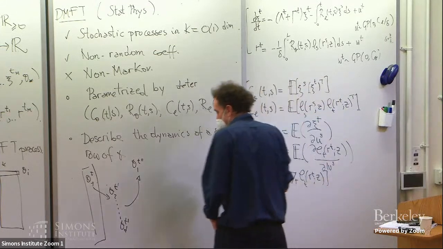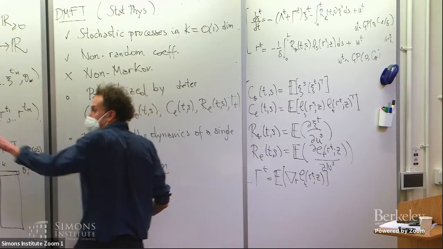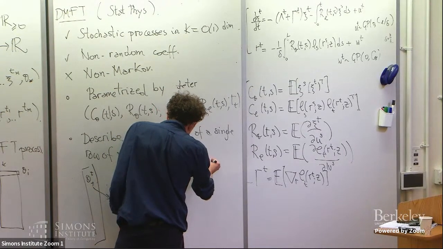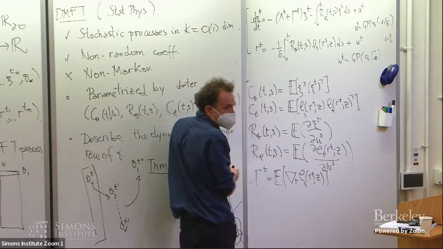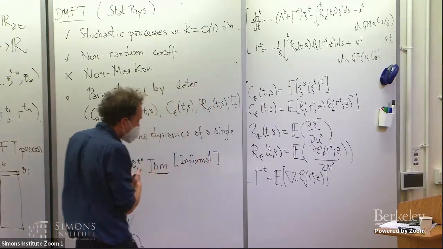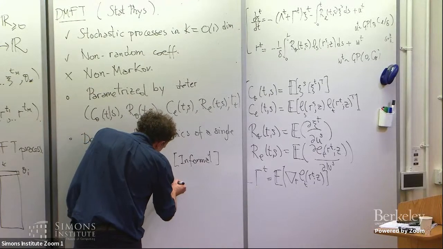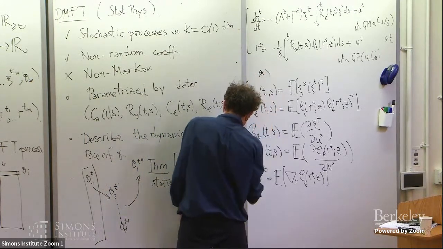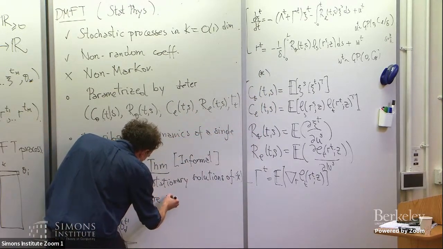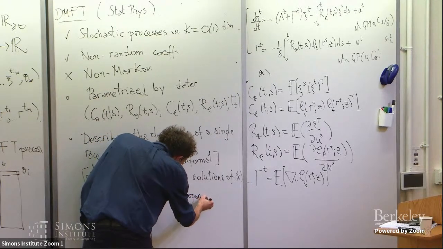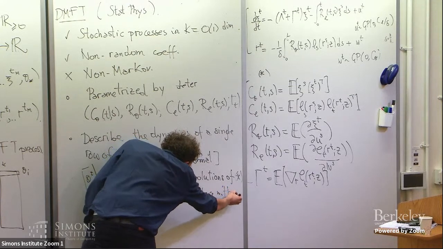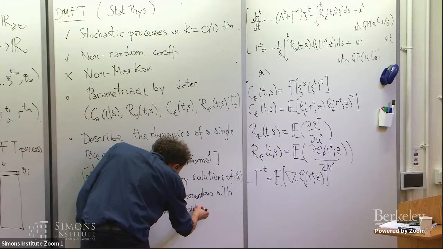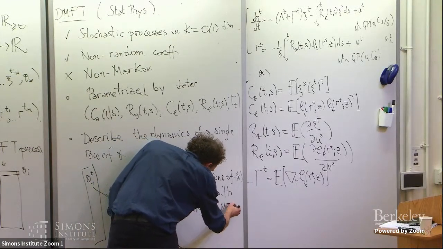One thing that we can prove, given the analogy with the Gaussian minimax theorem, let me state informally a theorem. You can look for solutions of these that are stationary, that do not depend on time. Basically, they are fixed points. Stationary solutions of the system of equations are in correspondence with stationary points